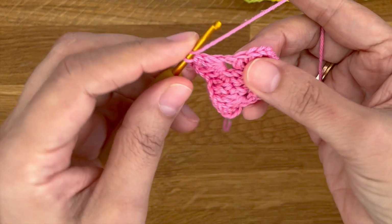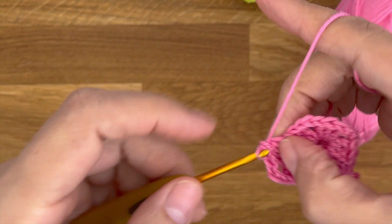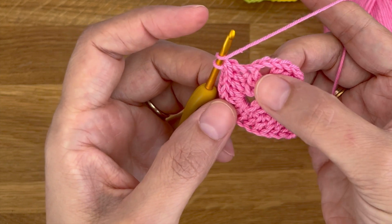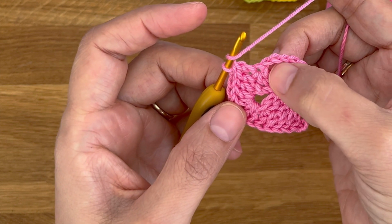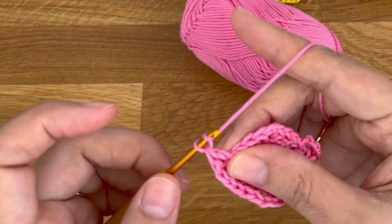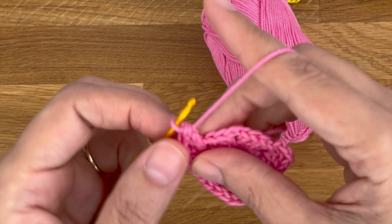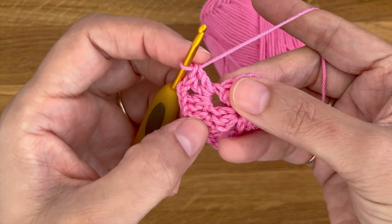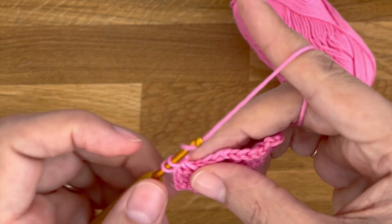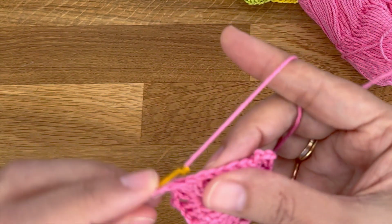So now I want to again make a double crochet on top of each of the next 3 stitches and another corner space. So once again I will crochet 2 double crochet, 2 chain stitches and 2 double crochet into this corner space and into each corner space. 1, 2, 1, 2 and 1, 2. And again I'm pushing backwards these corner stitches, revealing the first stitch that I want to work into. 1, 2, 3 DC on top of the 3 DC from the previous round,